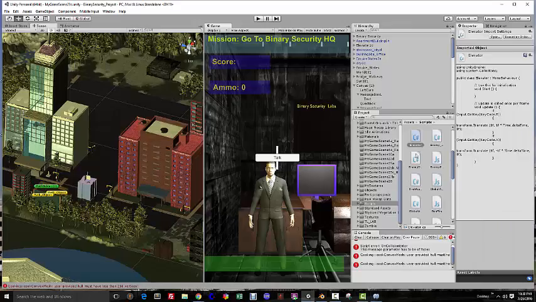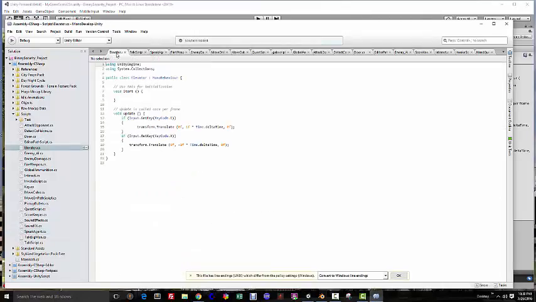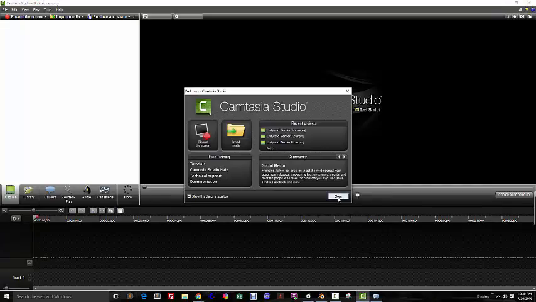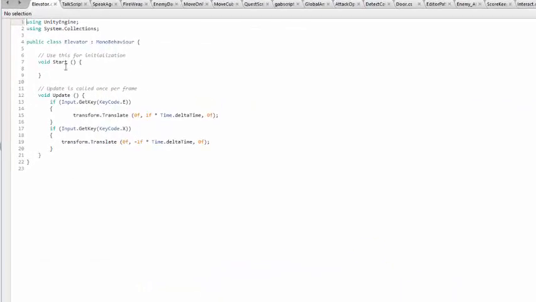I got Mono developed up here. The script is right here. It's a C# elevator. It's pretty simple. I have to close Camtasia Studio here. That's the one I actually recorded with. So over here,